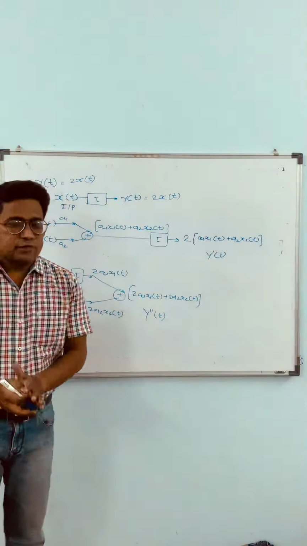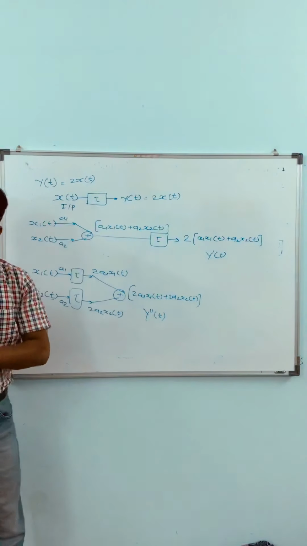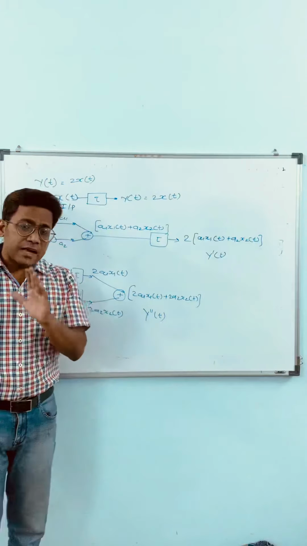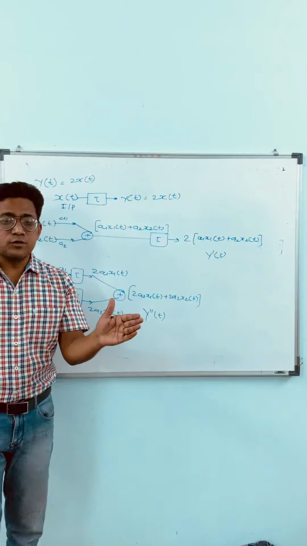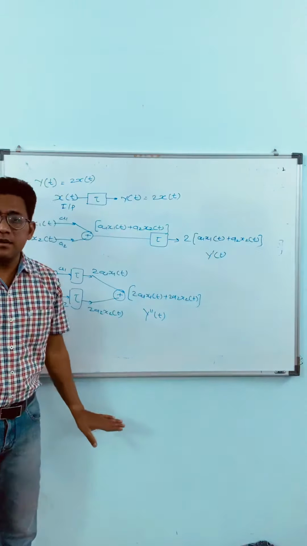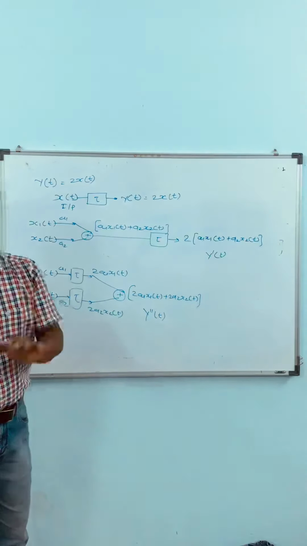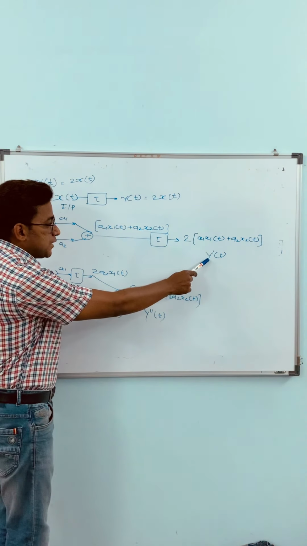Okay, now listen carefully. In this numerical and the previous two numericals, what is the difference between them? In the previous numericals, you can observe only the time is getting changed. Amplitude remains the same after entering the system. So what was our analysis? The system remains linear. Now here the amplitude is changing, time remains the same. So what should be our analysis? The system should be non-linear.